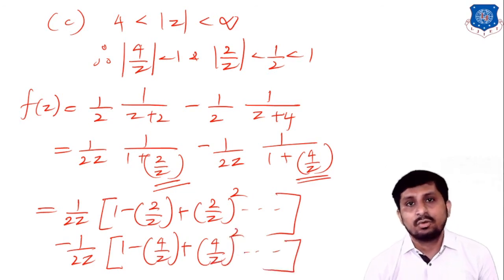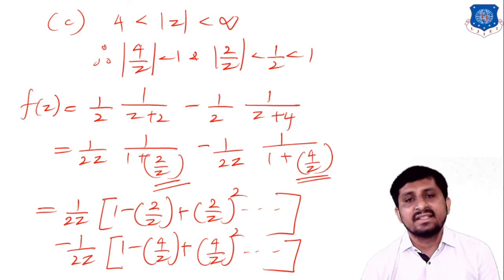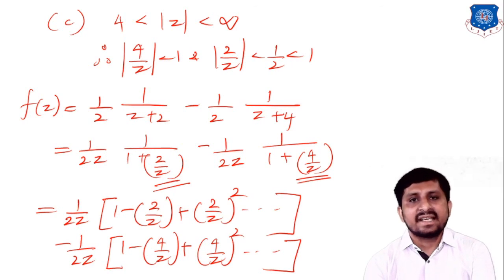Okay, so you can see that in this example we have three regions. The first series we find is the Taylor series, and the second and third series we find are Laurent series. For examples of Laurent series, we solved so many examples in the last 2-3 lectures. So now I hope you can understand and you can easily solve all these examples. Very important example. So up to this, thank you.